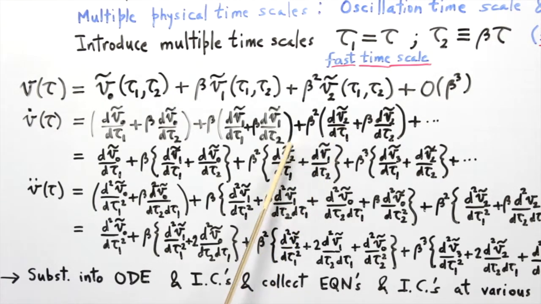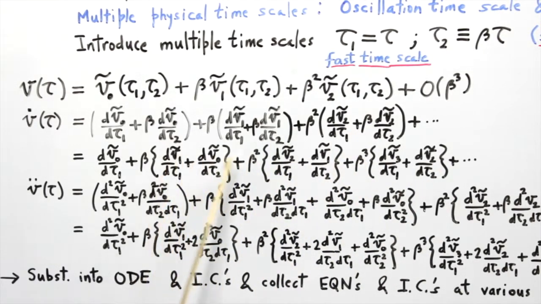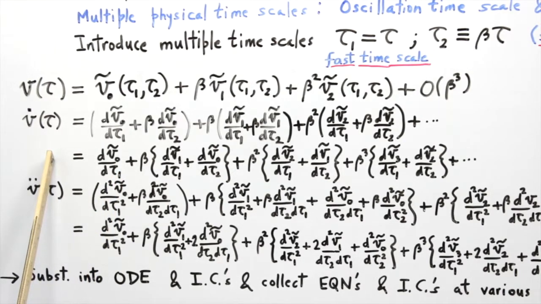This term is simply from here, and likewise at order beta cube we can write the expression, and so on. If you notice this, you can see the progression in how this term and that term are related to each other, in that you can see a recurrence taking place. This pattern is very much like this, and so on. So if we needed to write the nth term, we can in fact write it, because we can observe the same consistent pattern continuing on. All right, so that gives us the first derivative, and of course we have to do